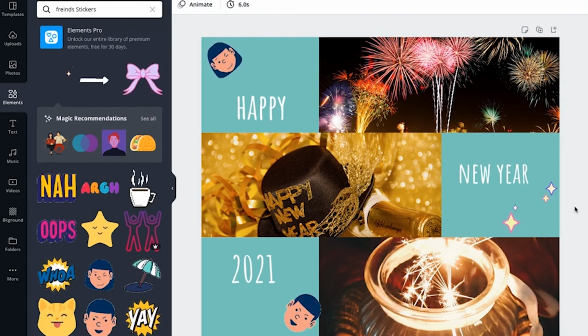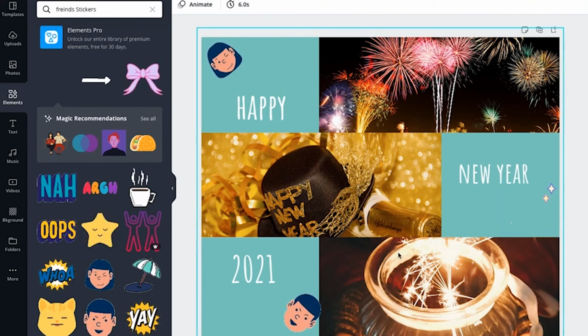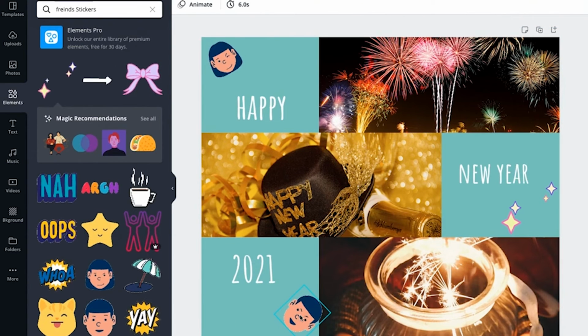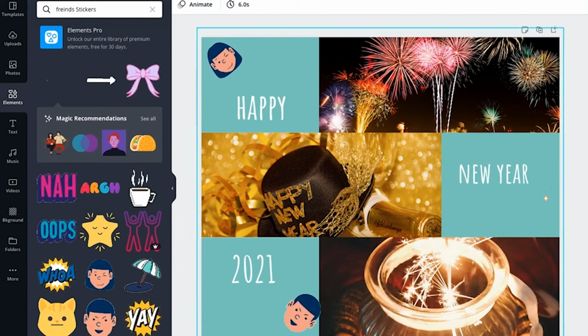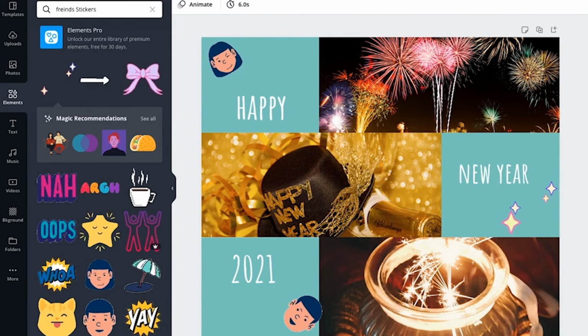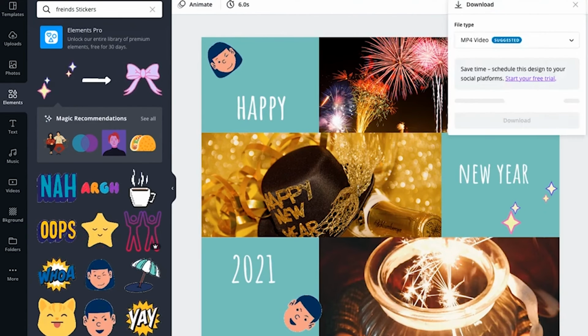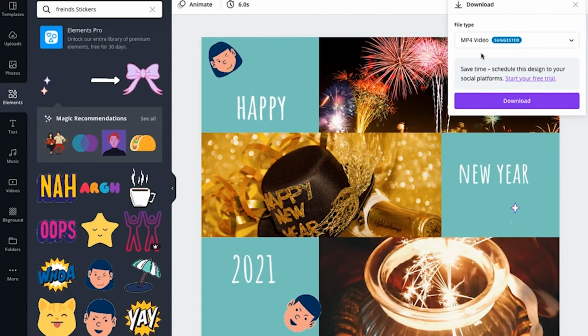Now, when you have added this, there is a little change that has happened to this specific poster, because we have added stickers which are supposed to be animations. This poster now becomes a video. So as you can see, there is a small icon here at the top with the play button. Again, one more way is if you just click on the download button. Now it shows that the format has changed to an MP4 video.